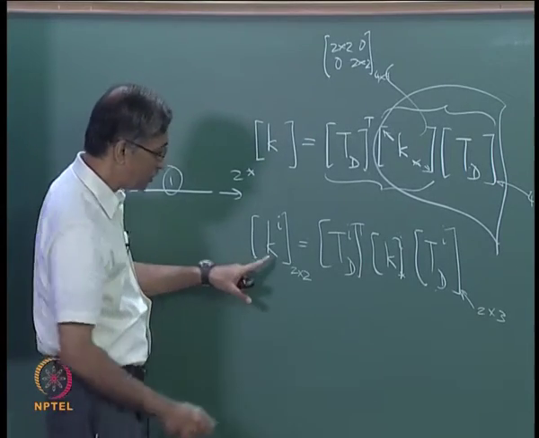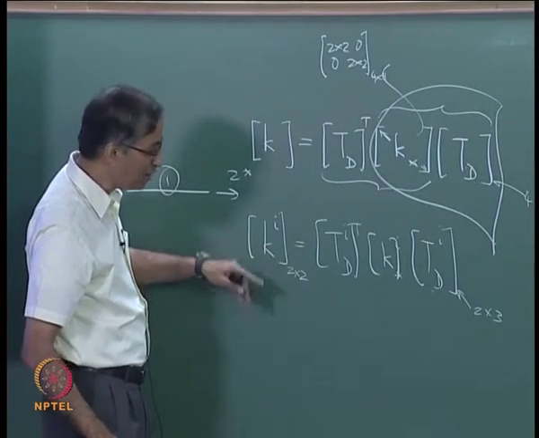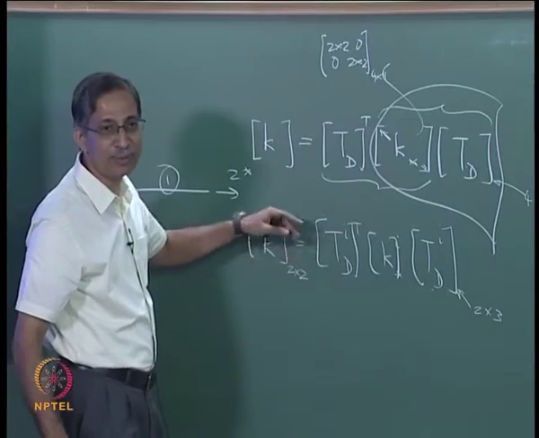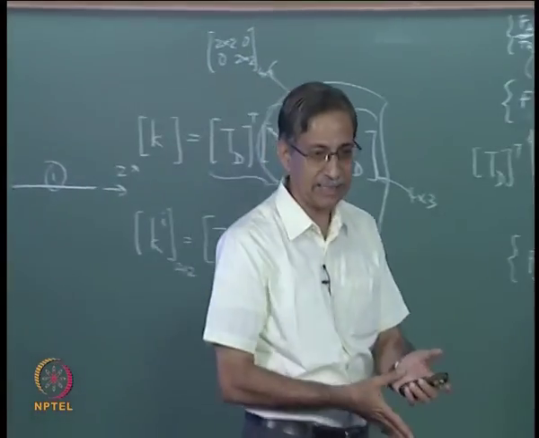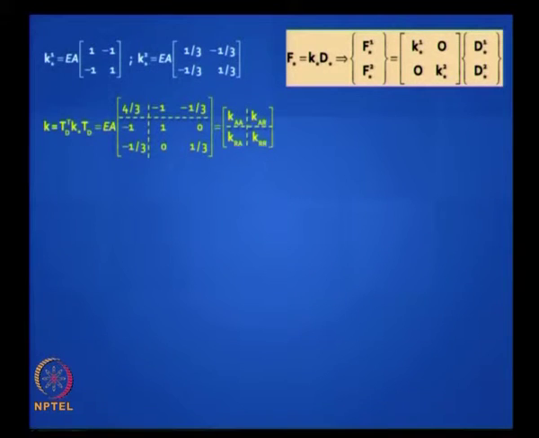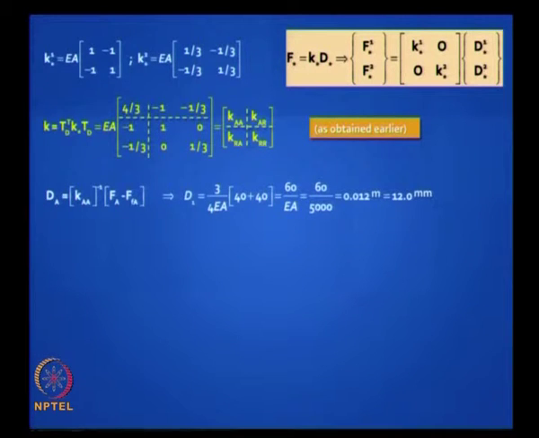So what you do is this and you add up the contributions for the 2 elements with the summation sign. So there are 2 ways you can do this calculation. You can do it this way and you will get the same answer that we got earlier, or you could do it for each element and add up the contribution, you will get the same answer. I have not shown that step. Now you do exactly what you did earlier, so I can go fast.